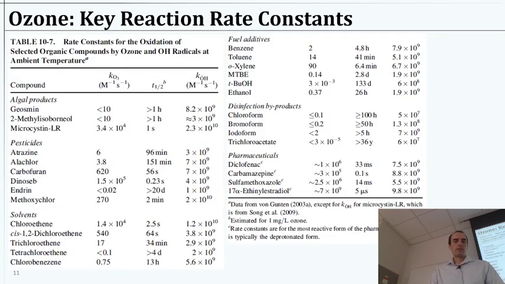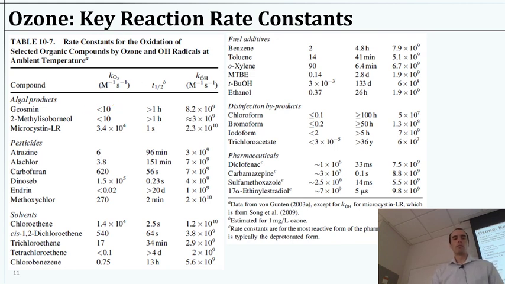So a few rate constants just to sort of show that point. Ozone, you could look at it reacting with all sorts of different products, and here we have rate constants for the oxidation of select organic compounds by ozone and OH radicals at ambient temperatures. Okay, so we have a couple of rate constants here. On the left would be ozone, and on the right would be the hydroxyl radicals. And so if you take,